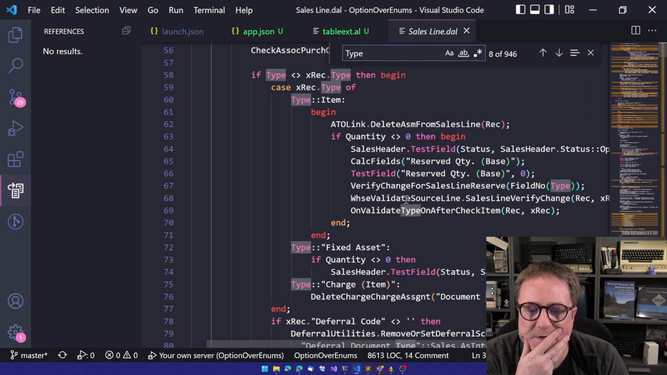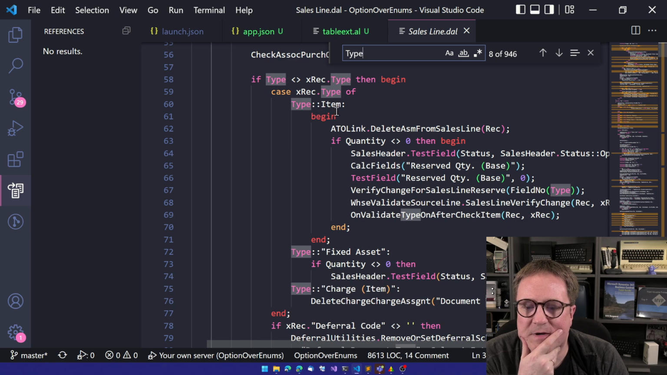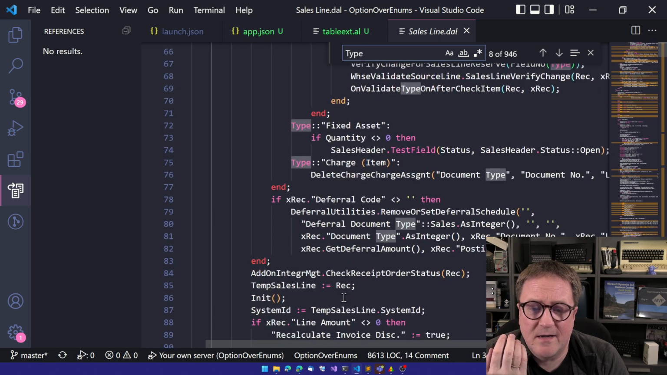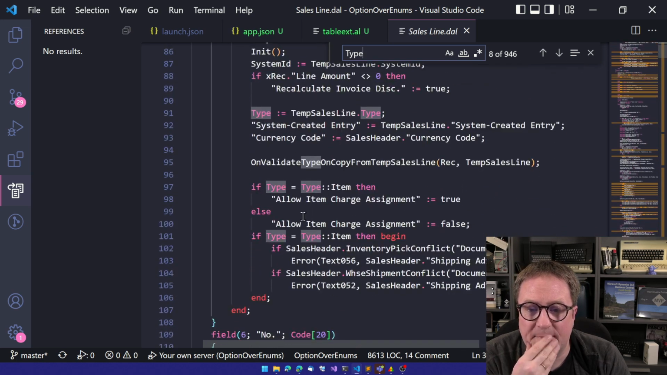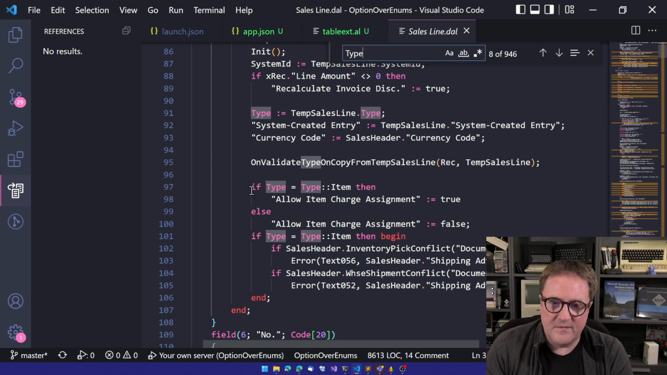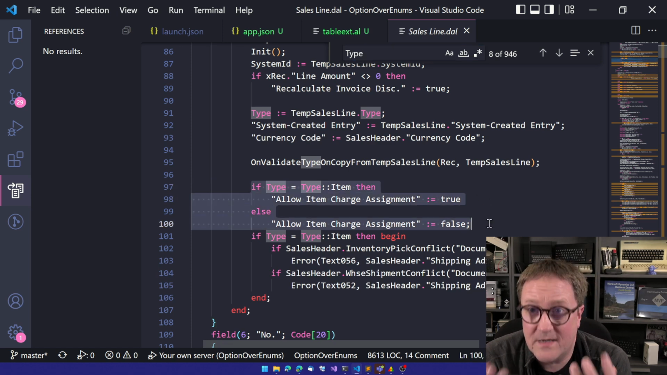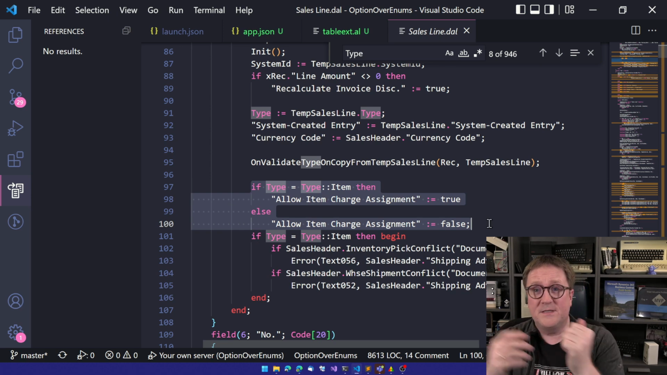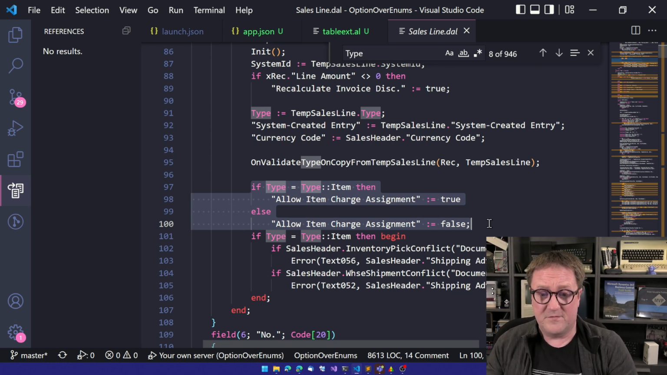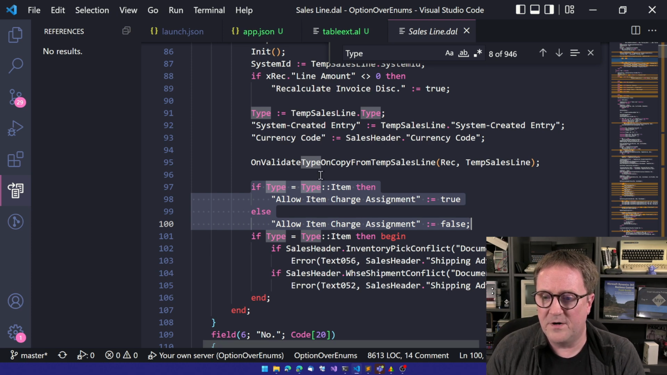Like here's a case statement. So case something item fixed as a charge item, but not necessarily an event here that we can potentially use, or maybe there is one, or maybe there aren't one. So if type is item, then allow item charge assignment equal true, else false. But in reality, something like this will have to be a case. So you can do else an event in order. So if this were